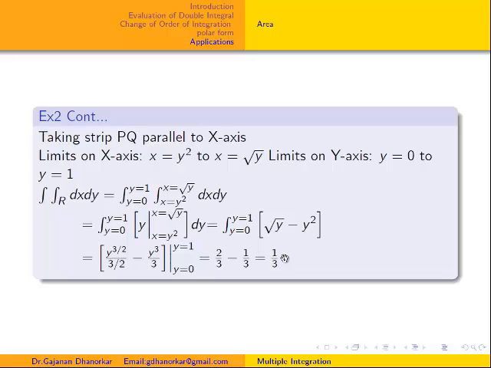Got it? All these problems are there. You are free to take any problem and try to find its limits and solve it, because our doubts are clear and our concept is clear about double integration. Therefore, we can solve any problem under application, in polar form or in partition. And the same logic, same idea, we implement in triple integration. If we know double integration very well, nothing is there in triple integration. Only one more coordinate, the z coordinate, is added, and then we can solve all the problems under triple integration. Okay, thank you.